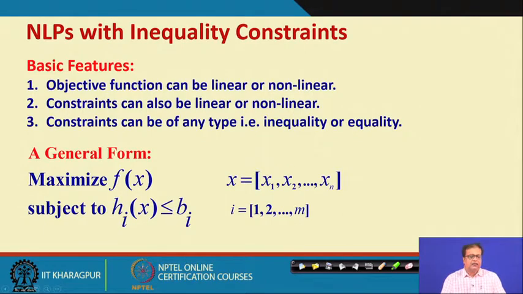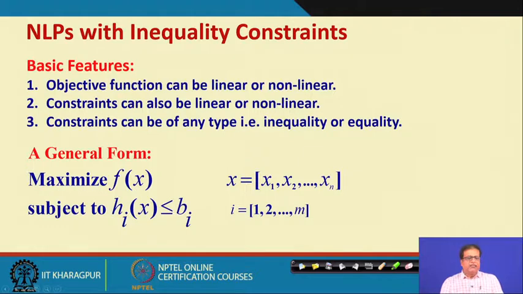We have seen how to solve a nonlinear programming problem with equality constraints in our last class. There we used Lagrange's multipliers and differentiated the function to find the conditions for optimality. Whereas for inequality constraints, Lagrange's multiplier cannot be utilized. We need to go for somewhat more involved calculations with the help of KKT conditions.